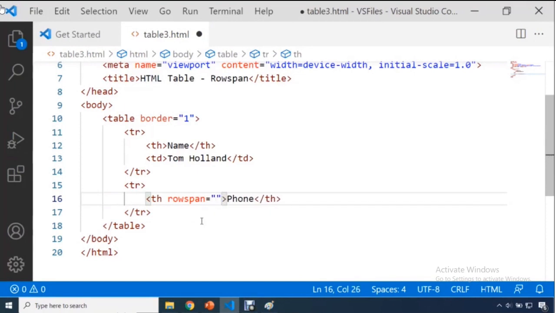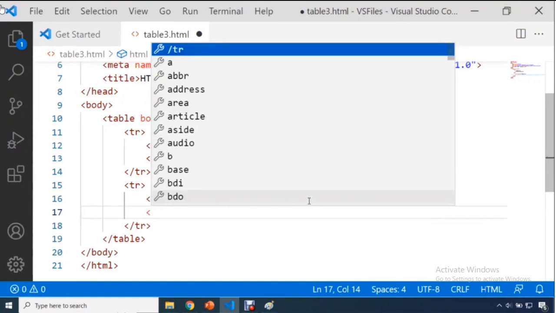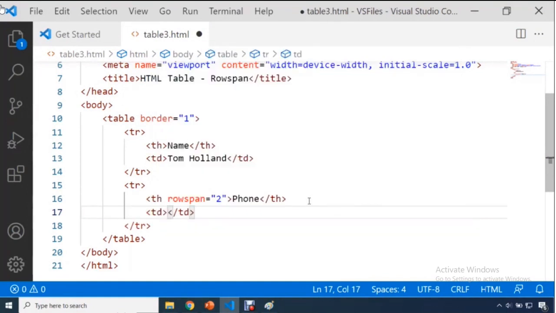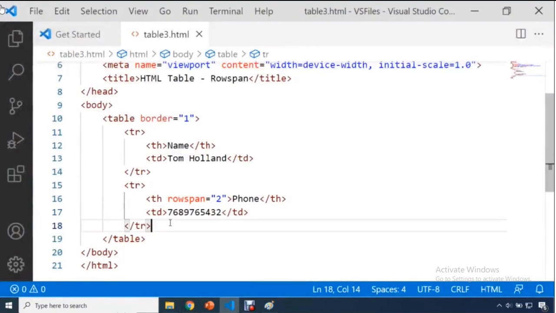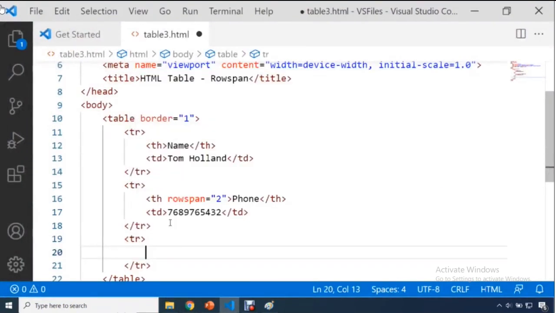I need two rows. So listen to me very carefully and focus on my screen. Here I'm going to add the first contact number. I'm going to add any dummy contact number. If I save this and refresh the page, you can see nothing big happens. But wait, here this phone is now occupying two rows. So focus on my screen now. The moment I add another table row and add any data to it,